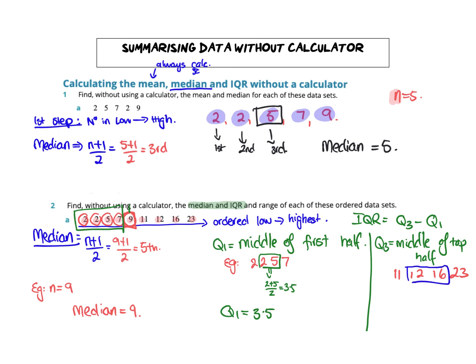So what's the number in between 12 and 16? 14. Good. So Q3 equals 14. And then therefore, our IQR would equal 14 minus 3.5, which equals 10.5. Okay,